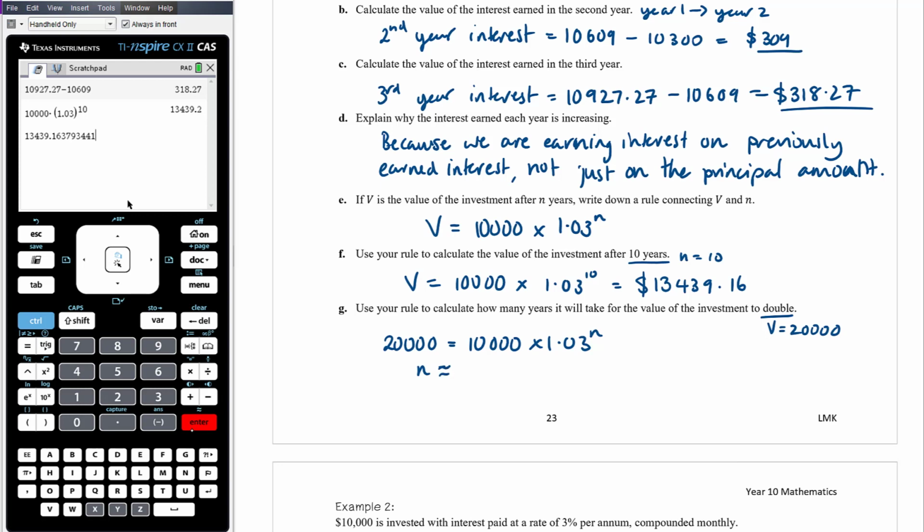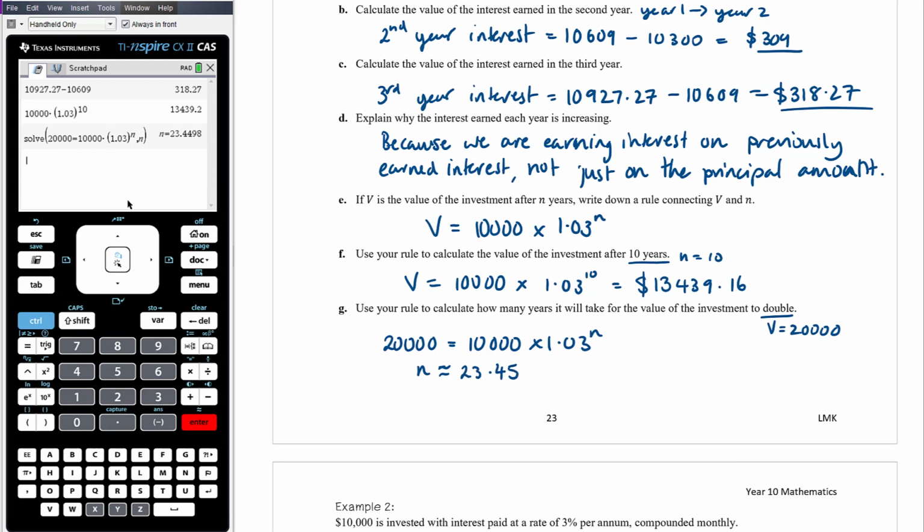If you define V of n, you can write down V of n equals 20,000 and put that in your calculator. So Control Delete to clear that. We're now going to solve, menu 3.1: 20,000 equals 10,000 times 1.03 to the power of n, comma n. So we're solving an exponential equation here. We've got the unknown in the power. So n is approximately